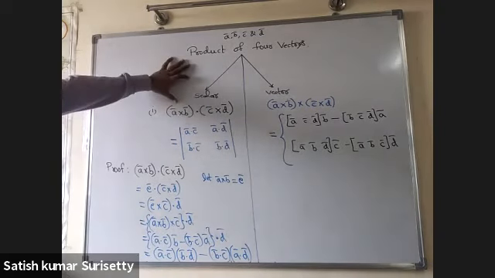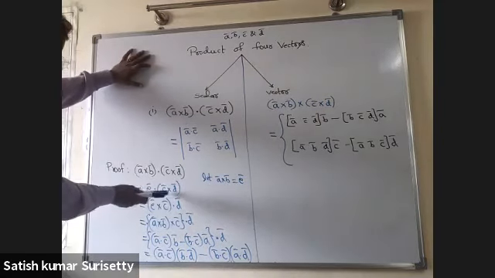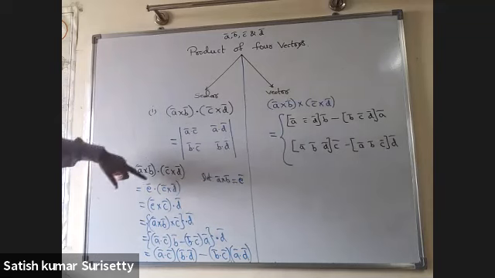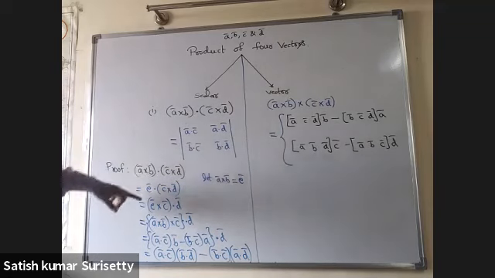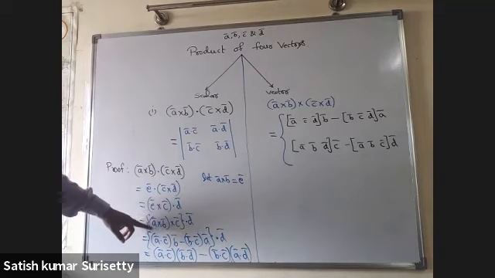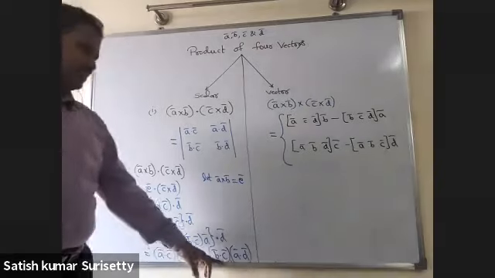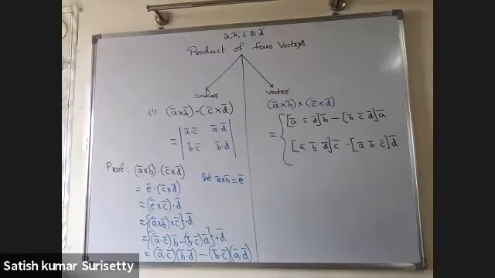So take the substitution A cross B as E bar, then it will be E bar dot C cross D. So dot and cross can be interchanged: E bar cross C bar dot D bar. Replace again E bar with A cross B and apply the vector triple product formula. Then this you can express as a 2 by 2 determinant.